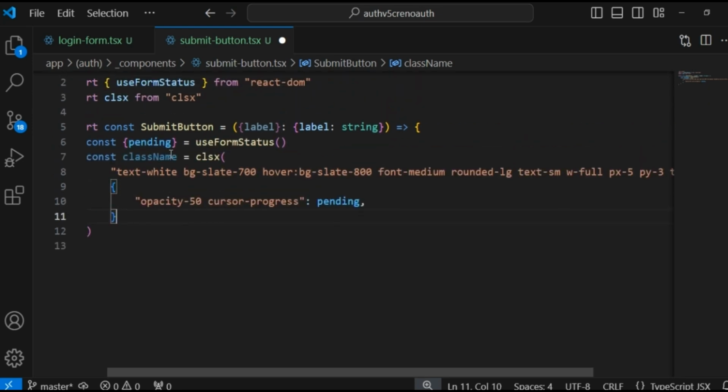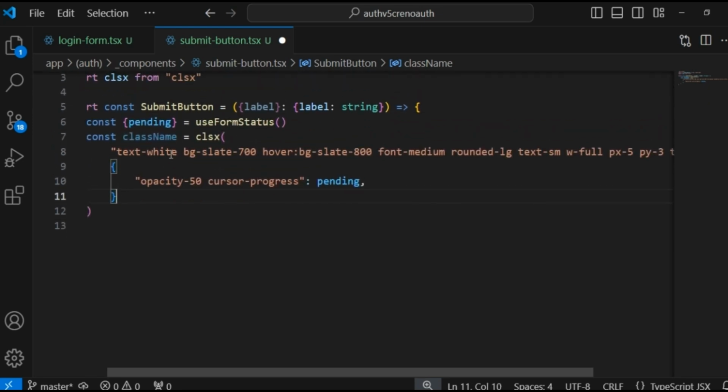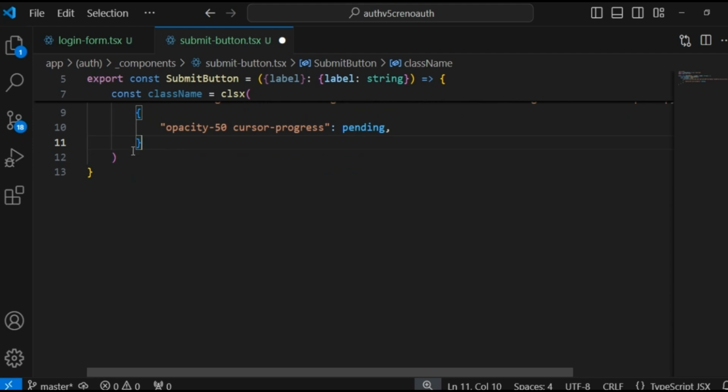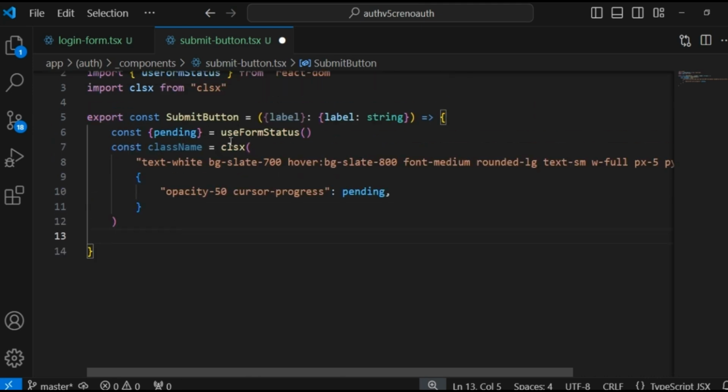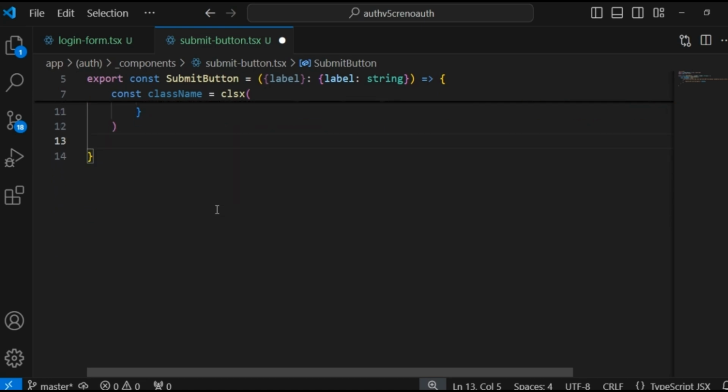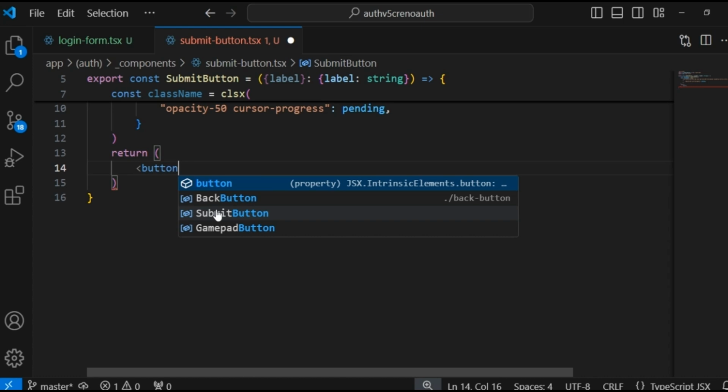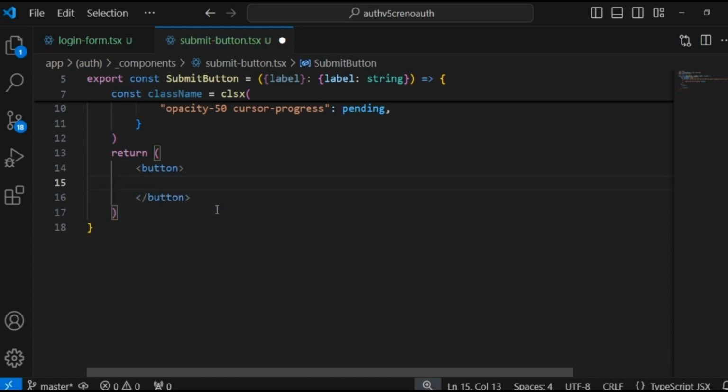And underneath the, there we go. I'm missing a bracket. It ain't yelling at me. Okay, so underneath the parentheses that closes, that goes with clsx, the closing parentheses, let's add the return statement. This is going to be a button. And we'll add the label first. So we'll say label, if it is equal to